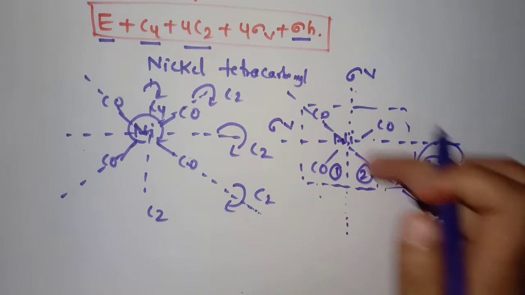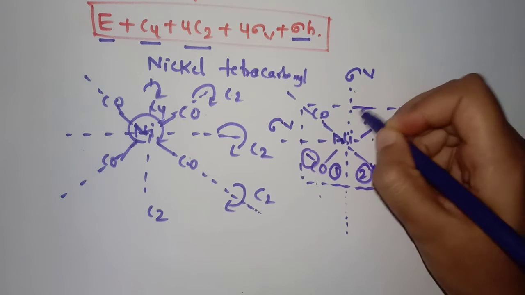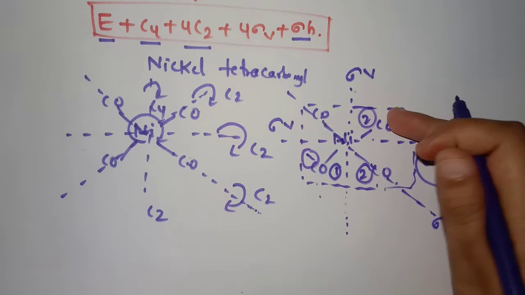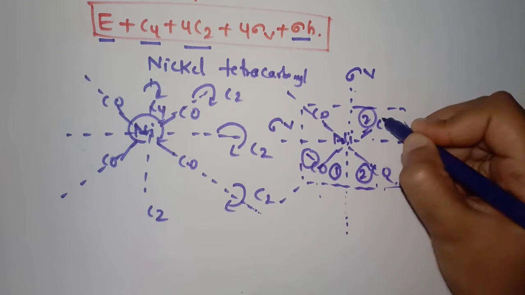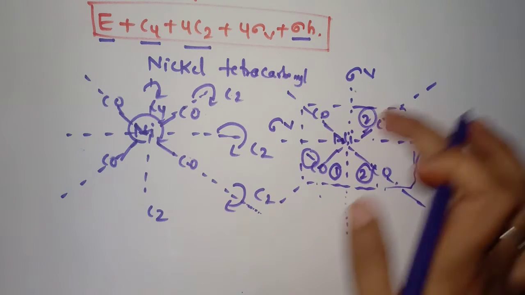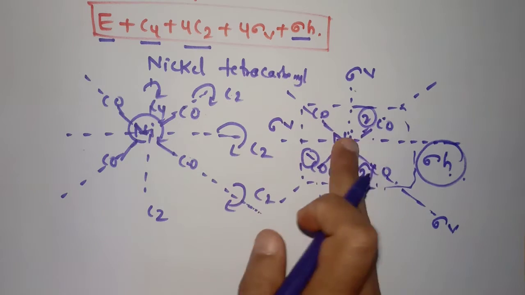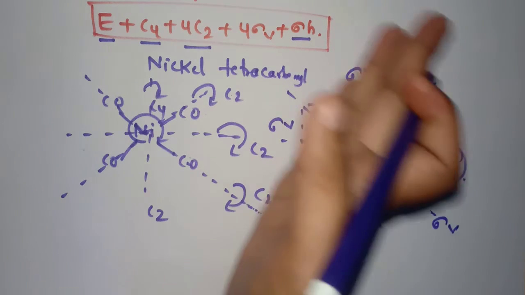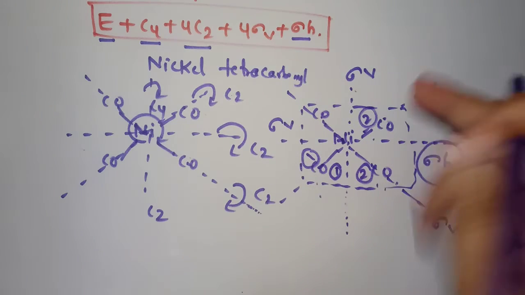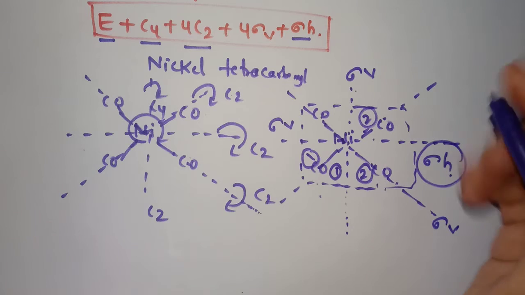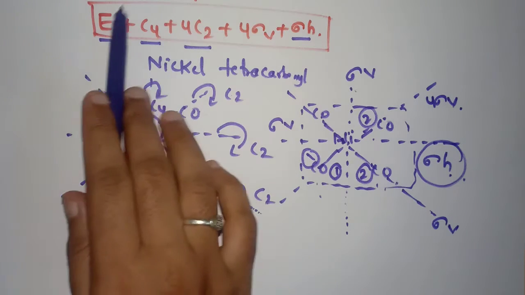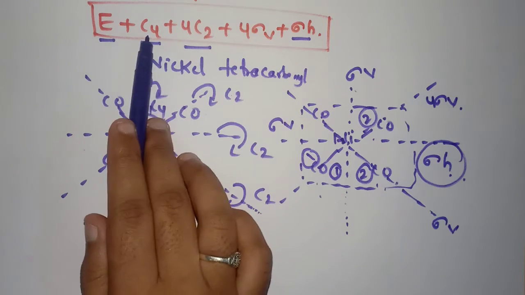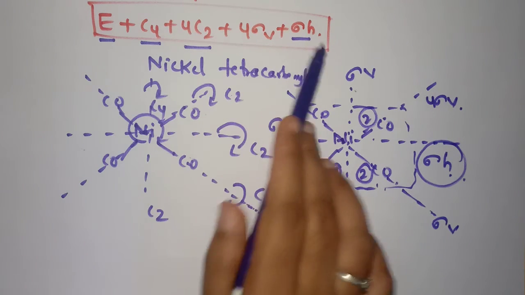This is the first part and this is the second part. These two are mirror images of each other. So here is also a sigma V, and another sigma V is here. If I cut the molecule like this, this is the first mirror image and this is the second. These two are mirror images of each other, bisected symmetrically, and parallel to the principal axis. So 4 sigma V are present in total. So in the D4h point group, identity, C4, 4C2, 4 sigma V and sigma H are present.